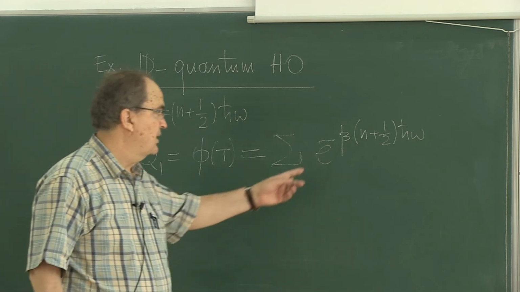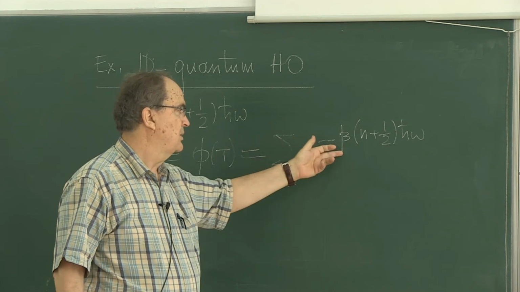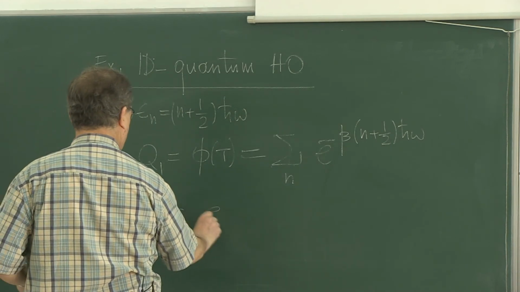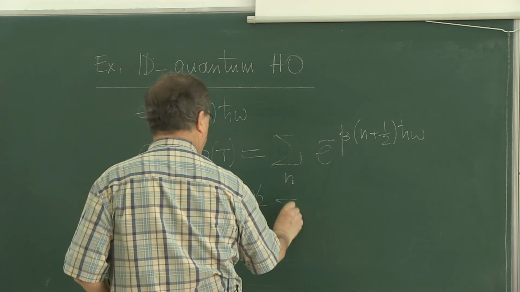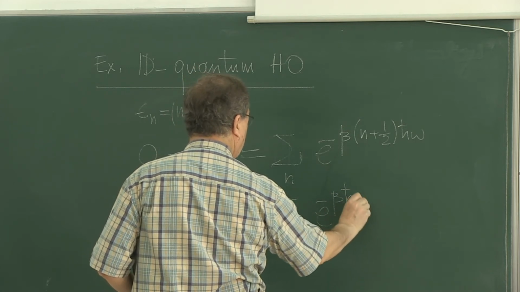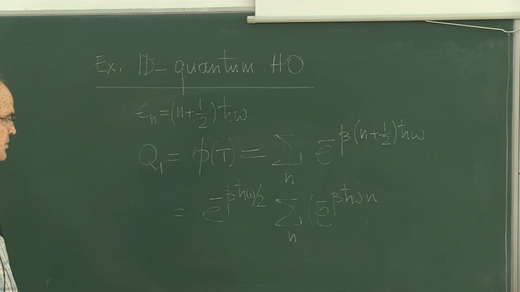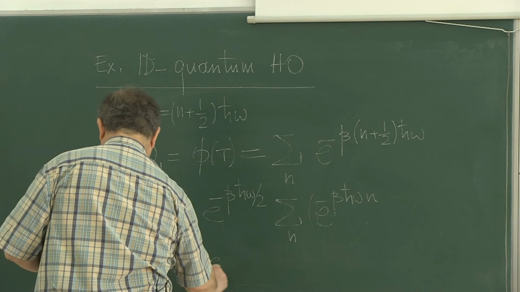Very easy. That term is constant. We can take it out of the sum. E to the minus beta h bar omega over 2. So it is e to the minus beta h bar omega over 2 times a sum of e to the minus beta h bar omega n, where it is like exponential of minus beta h bar omega to the power n, a power series, 1 over 1 minus the exponential. So it is